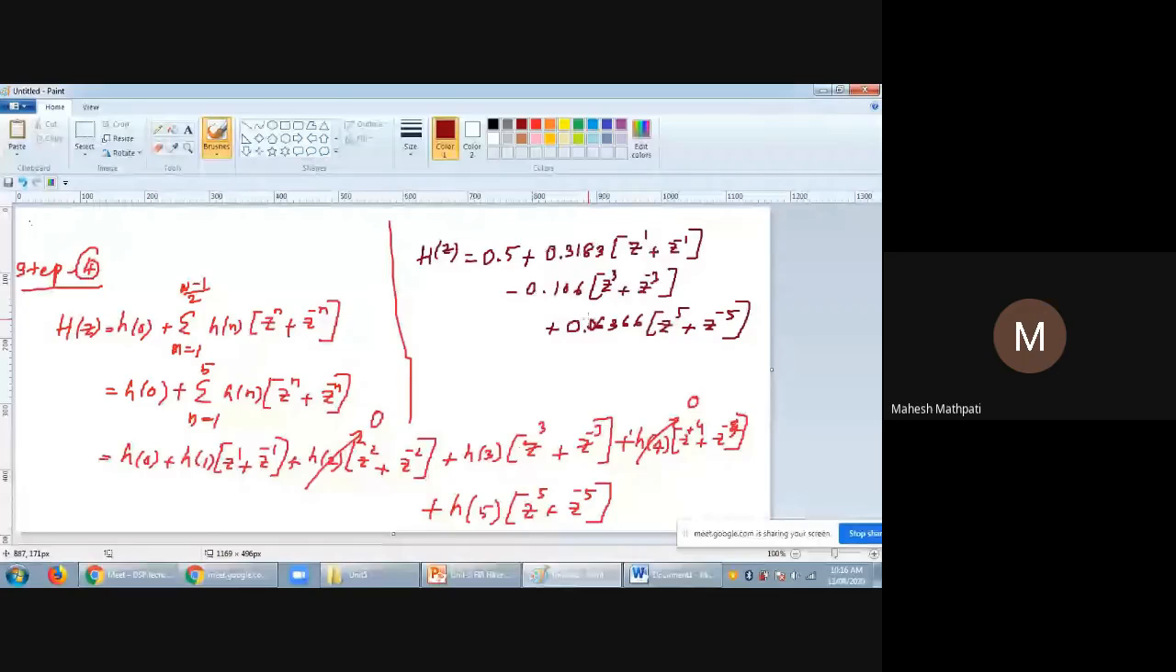No, sir. Now, if you look at this part, this h of z consists of both positive value as well as negative value. Look, here z power 1 and z power minus 1, z power 3, z power minus 3, z power 5 and z power minus 5. So this is practically not possible to realize. So for that purpose, we are moving towards